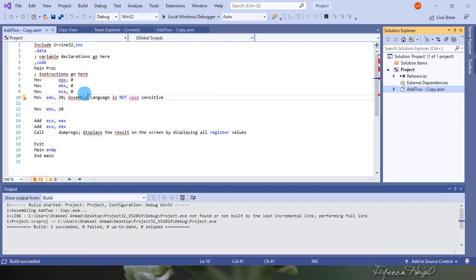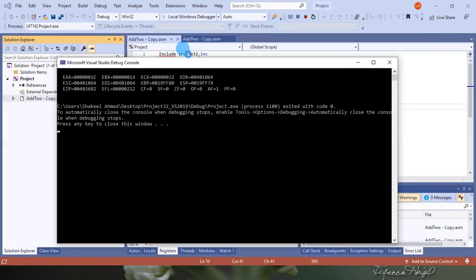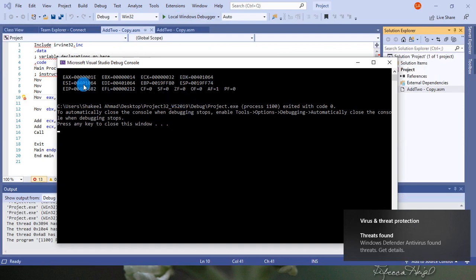Once solution is successfully built, it will show build 1 succeeded. It means there is no errors in your program, 0 failed, 0 up to date, and 0 skipped. It means your solution is now ready to execute. Now you have to click on local Windows debugger to run this project. Click on this button and you will see the output